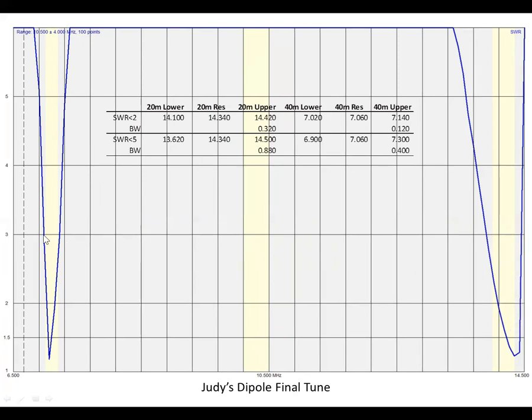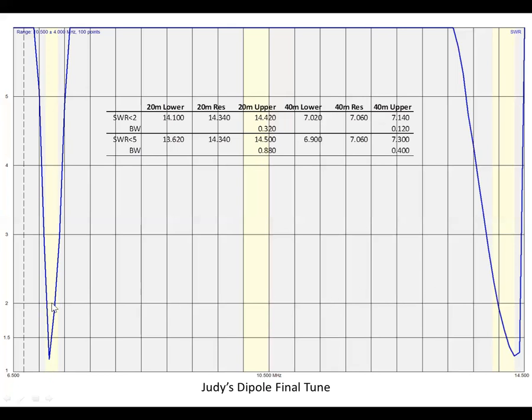So that's one of the trade-offs you get into with doing things like adding traps. You do get benefits, but there are trade-offs to it. And I was working with one fellow, I think he had 3 traps in the antenna. So he had 5 frequencies, I think it was, but it was a devil getting all those adjusted, because when you adjust this one, that one's going to move a little on you. When you move this one, it's going to move a lot on you. So what I've found the thing to do is to work on the lowest frequency trap side first, get that centered, and then go to the next one and the next one,